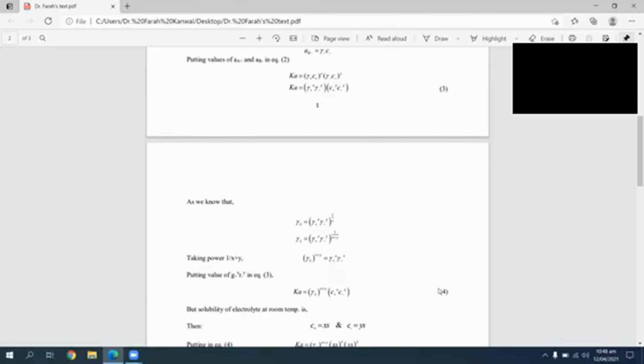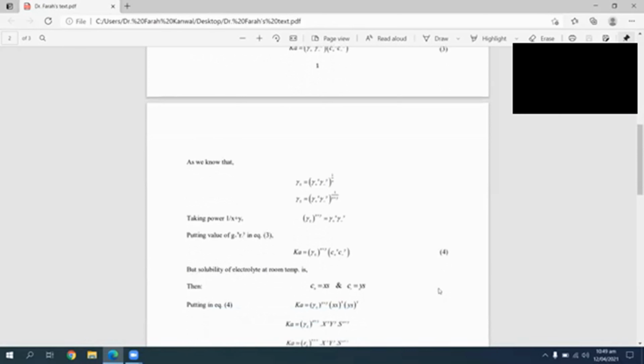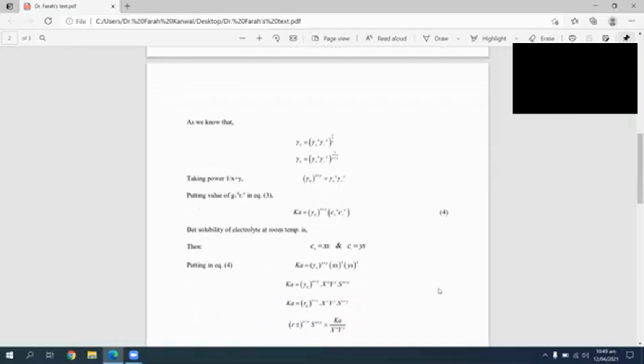And as a whole, as I told you, v is equal to x plus y. v means the number of ions present, or the number of ions contributing from the positive ions and the negative ions, x for the positive ions and y for the negative ions, and then you take the mean of that, the mean activity coefficient gamma plus-minus raised to the power x plus y, and as equation number 2 it is written in the form of equation number 4 here. Ka is equal to gamma plus-minus to the power v, into C positive to the x, C negative to the y. And now we are again going to give it as a solubility product.